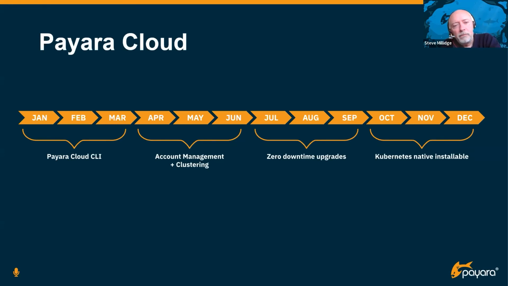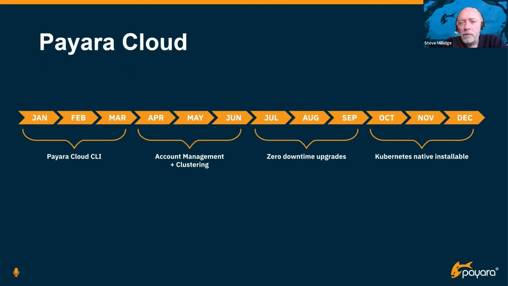Second quarter, we'll be focusing on clustering and account management. Account management is more about multi-user, adding capabilities for multiple users to use the platform. Currently, it'll be one login, but also allowing preferences and things for the CLI. That will also include clustering, which basically means auto-scaling clustering, so that you'll be able to set and trigger expansions and shrinkage of a cluster of Payara Cloud instances. And the first release will have presets.